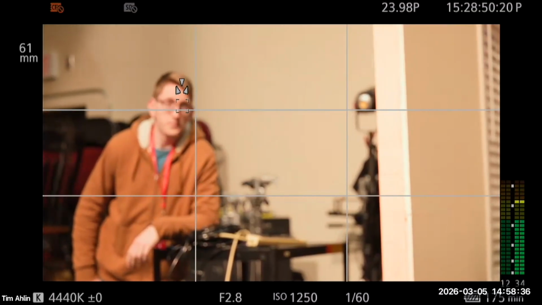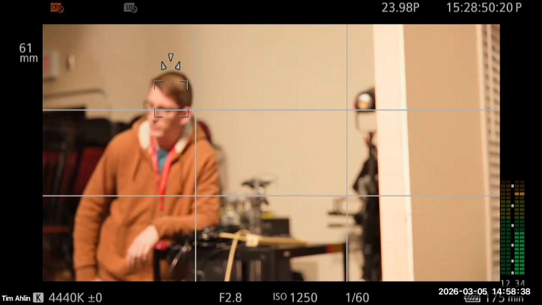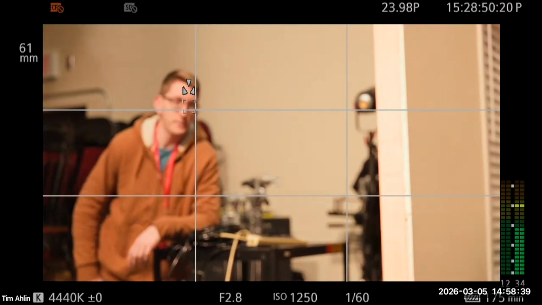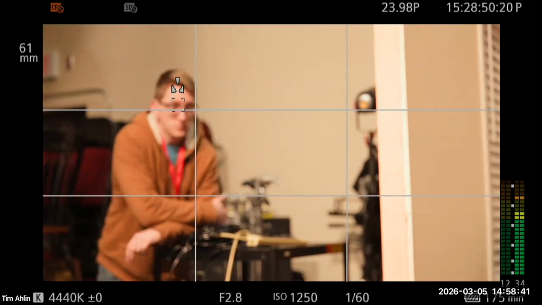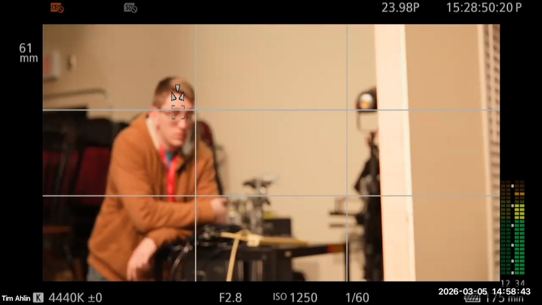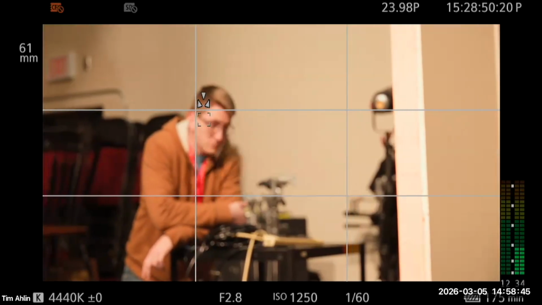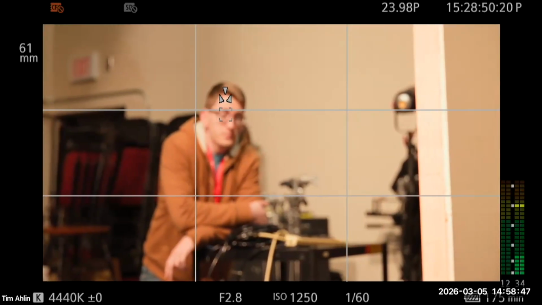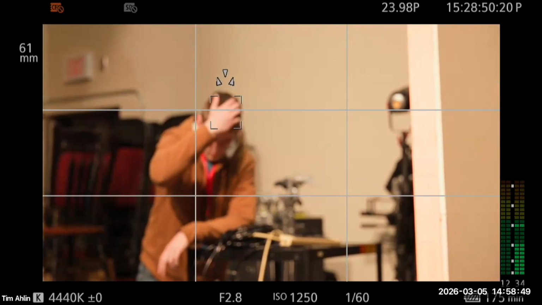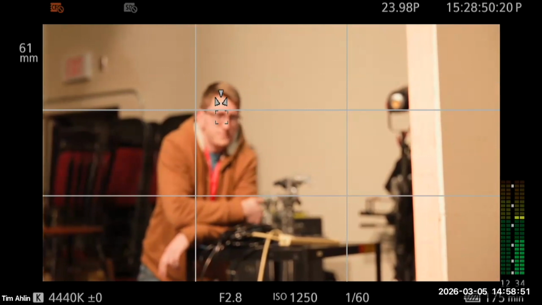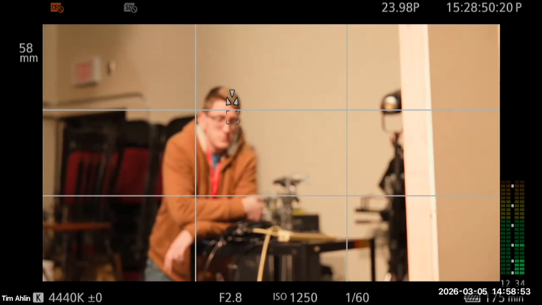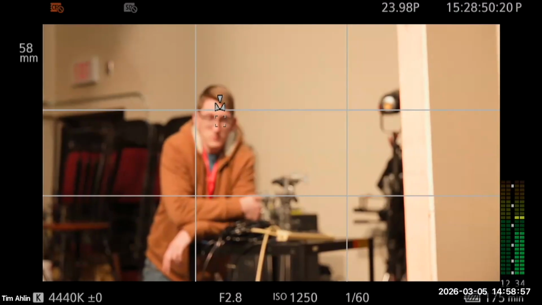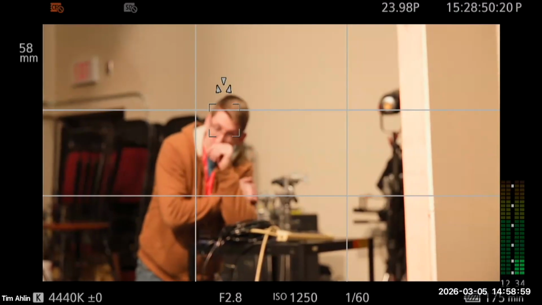Tim, based on what he said, the body wants to be kind of in the middle of it, so I would pan slightly, vertical frame, yeah, pan a little bit to the left. Right about there. Yeah. I'd go a little bit back, and I would check your focus. Your focus is the front ring.